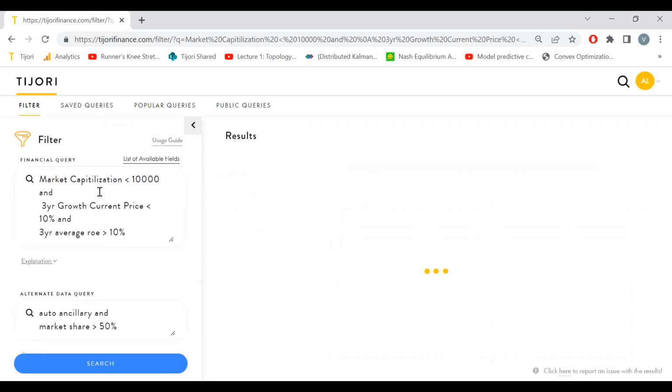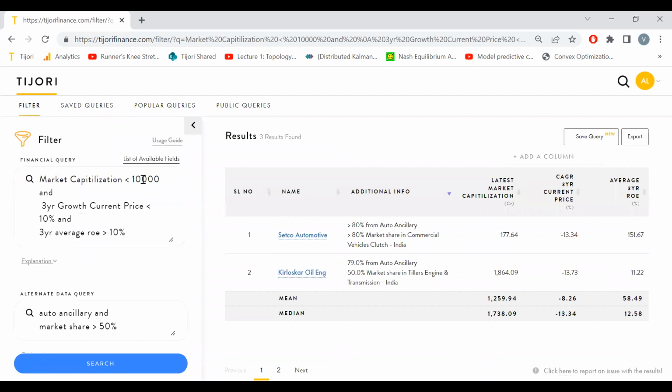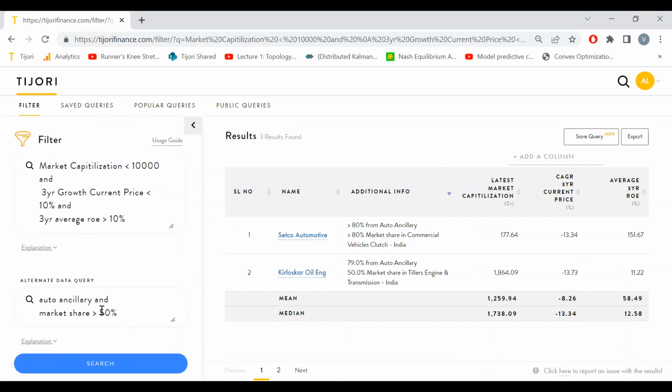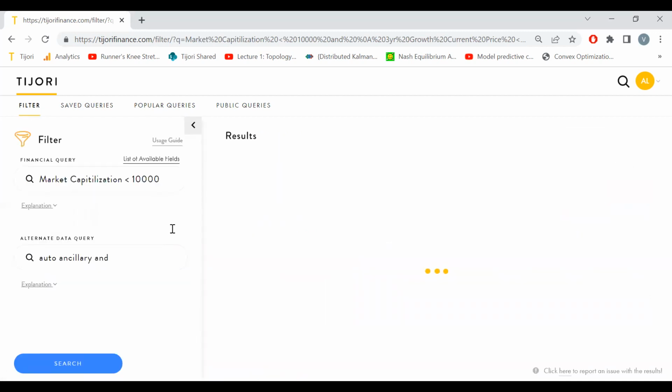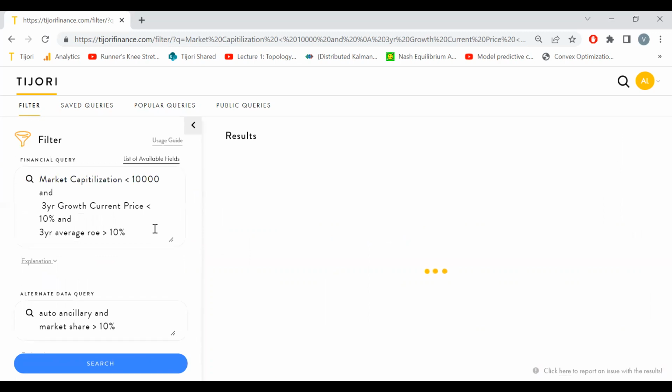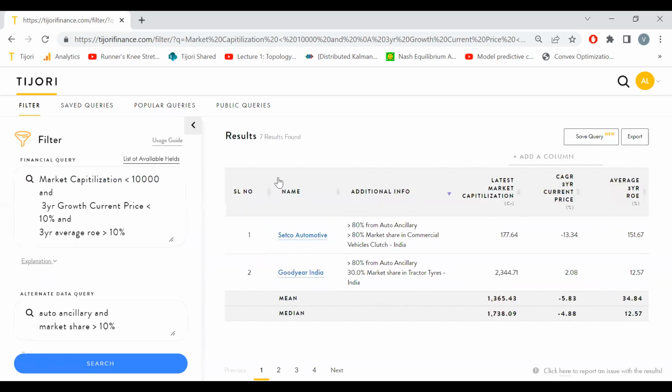You can also look for small and mid-cap auto ancillary companies with decent ROE and decent share price growth, but also which have market share more than 50%. Or if that's too strict a criterion, maybe market share more than 10%. So from the universe of 3,000 companies, you've now boiled it down to a very small set of only 7 companies, which is very manageable to either further filter down or to research further.